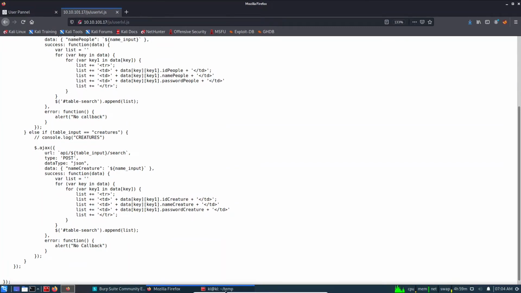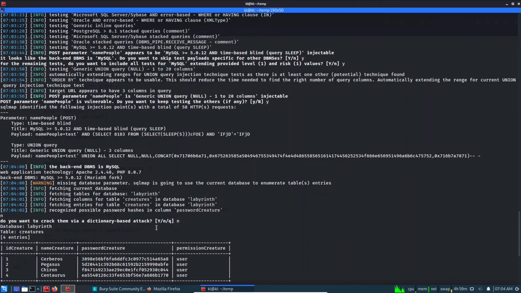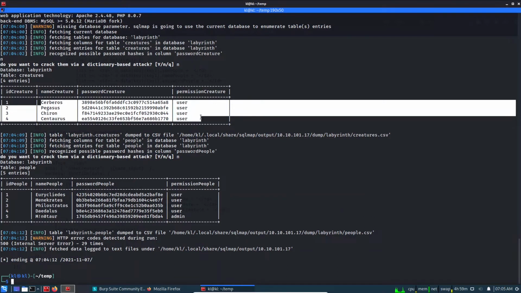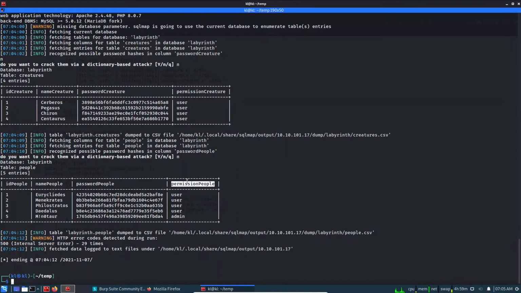So you can see in the SQL permission, sorry, password creature, not the permission. I thought this was permission creature, password. Yep, permission creature here. So there are two tables. One is creature, and we have seen the MD5 hashes already. And this is the permission people column, and we can see there is one admin, and this is the user,